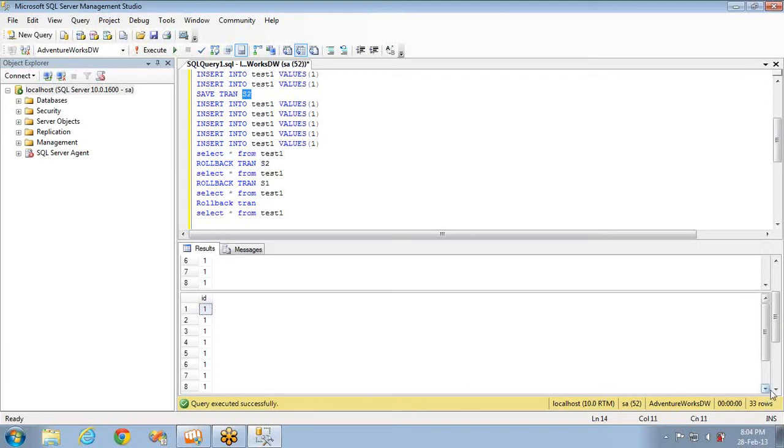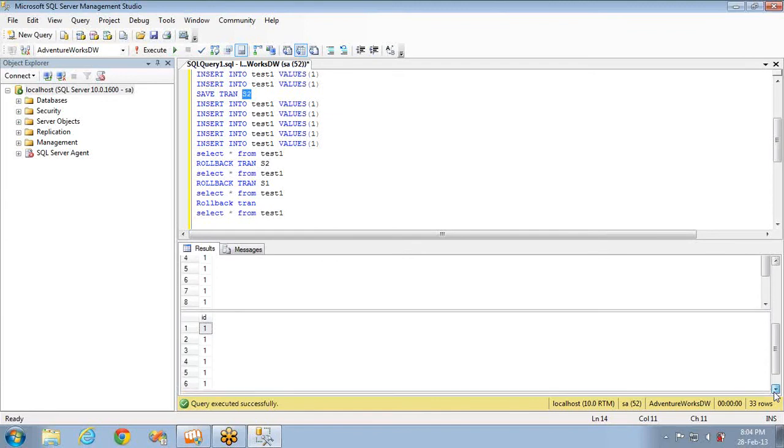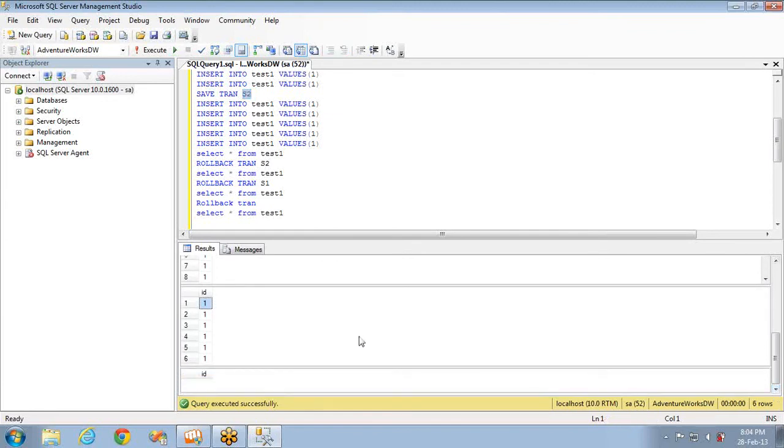Now let me go to the next table. This is the third table, and I have only 6 records. Why? Because this has been rolled back up to the save point S1. By that time we had only 6 records in our database. And this is the final one where I have rolled back the complete transaction, and you can see there is no data present. That means completely it is rolled back.